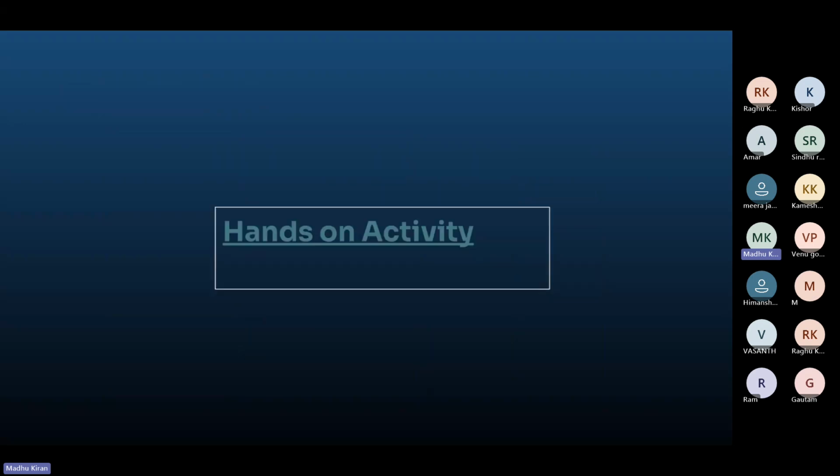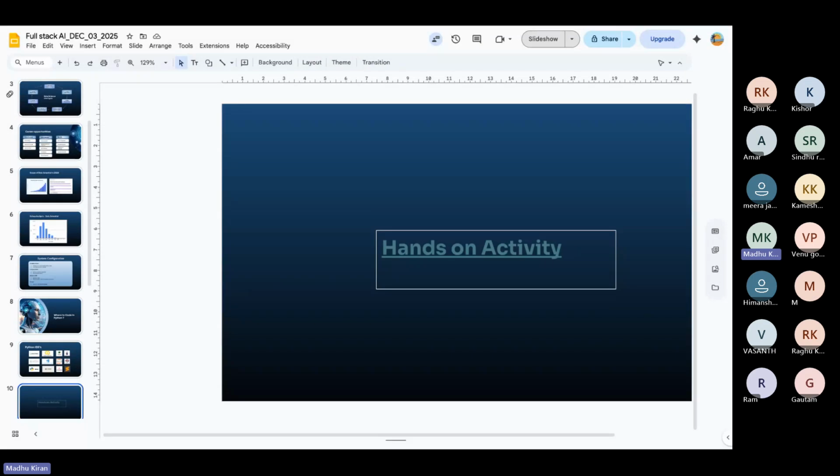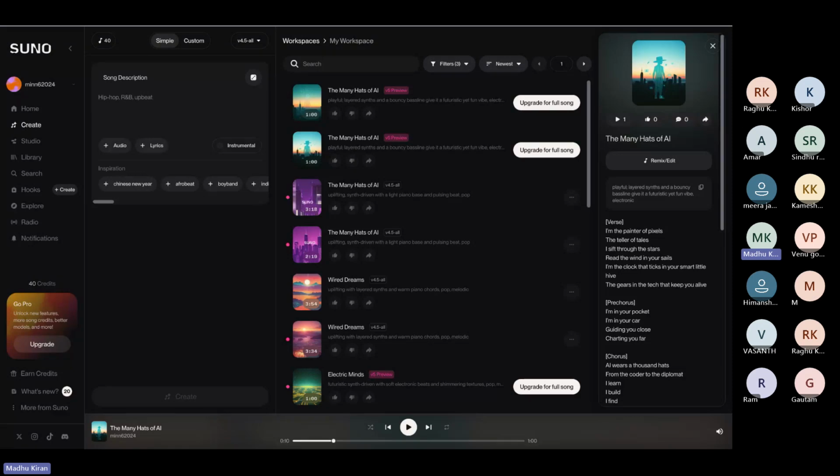Before we go for the hands-on activity, I want to show you one interesting AI tool. If you have seen it already, you know how beautifully it works. This is a tool called Suno AI. I identified this like 1.5 years back, and since then I'm a fan because you give any description and in minutes it creates songs for us.